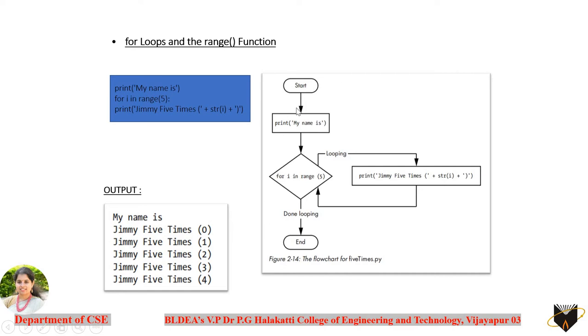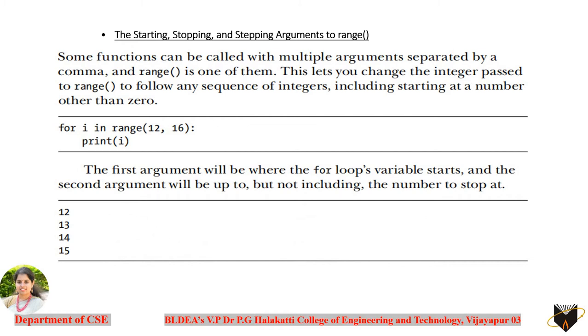So in this flowchart, you can see the function has been started here, then print, and followed by that the for loop, to check the condition. This statement will be repeated, and for how many times will it be repeated? It will be repeated 5 times, ranging from 0 to 5 here. And once the range has been reached, that is 5, this loop will be automatically terminated, and it ends here. I hope the for loop basic syntax is clear to you. Don't worry, you'll get to practice more programs in the further classes.